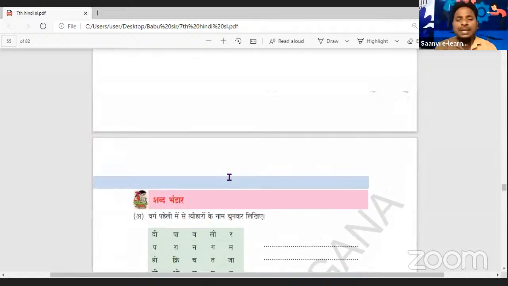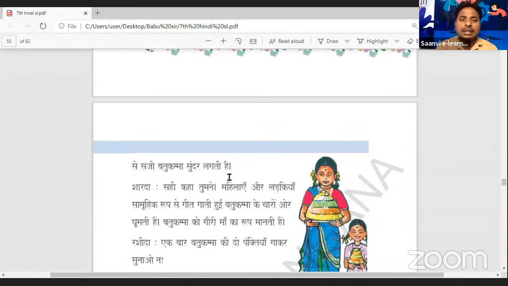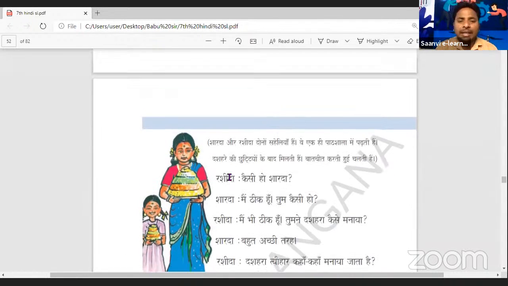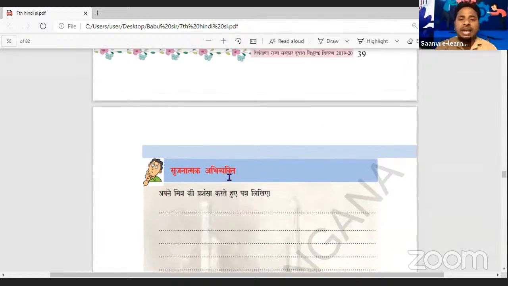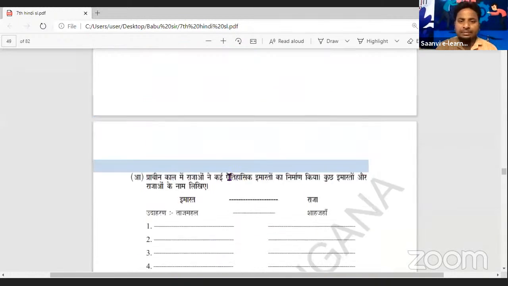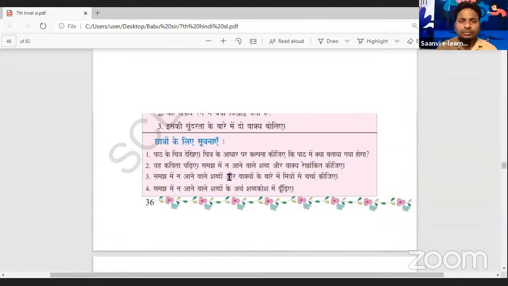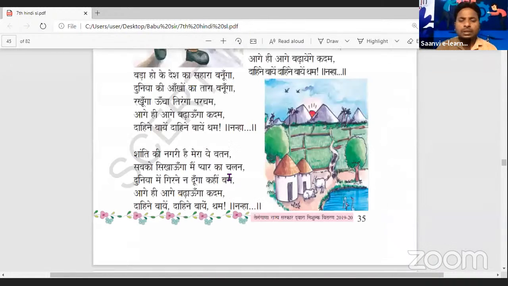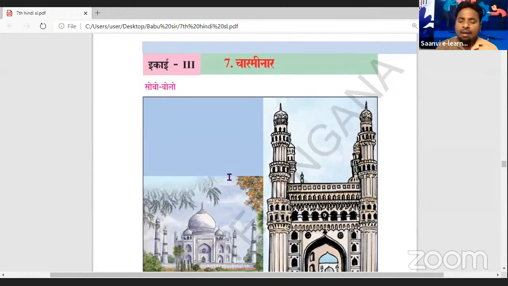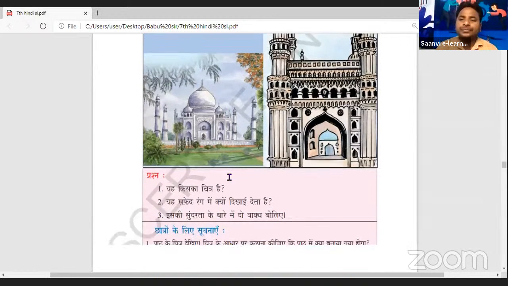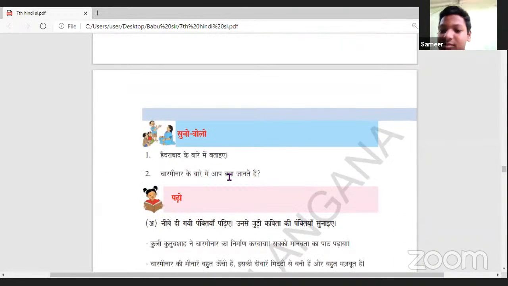समीर, थैंक यू। ऐसे बात करेंगे तो सब लोग को समय देना मुश्किल होगा। कल हम लोग अपने त्योहार पाठ के अभ्यास कार्य को समाप्त कर चुके थे, यानी लास्ट सेशन में। आज हम कौन सा पाठ लेंगे? चारमीनार। हमारा सातवां लेसन क्या है? सातवां लेसन चारमीनार है। सब लोग अपनी पुस्तक ओपन करो, हाथ में पेंसिल लो।